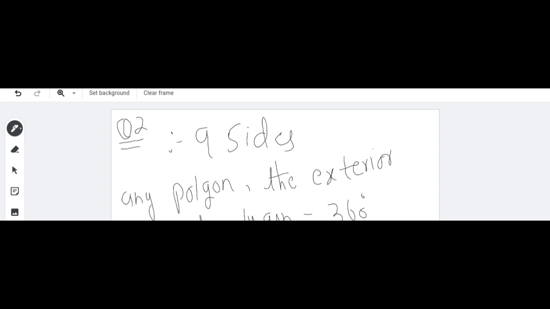And how many sides do we have? The number of sides of the polygon is first 9. Yes, 9. We have to find the angle,